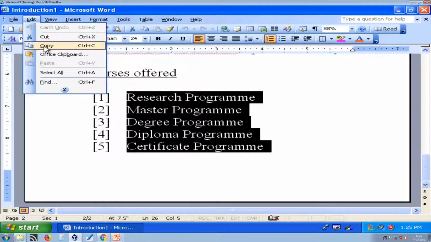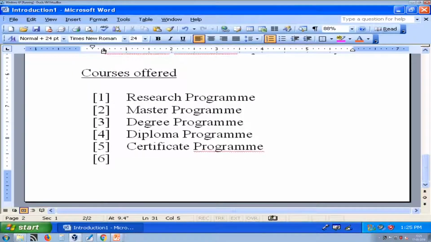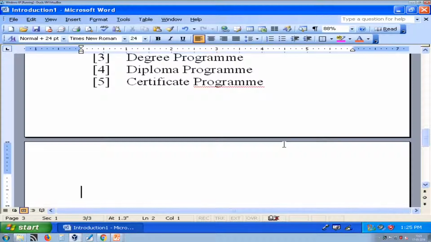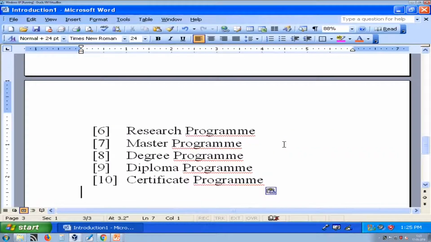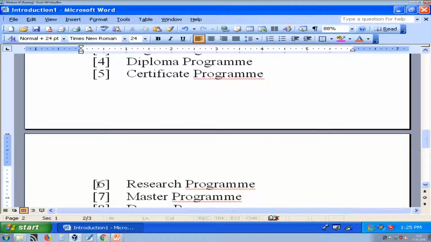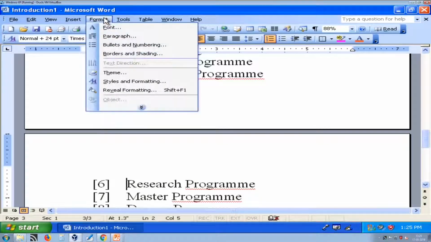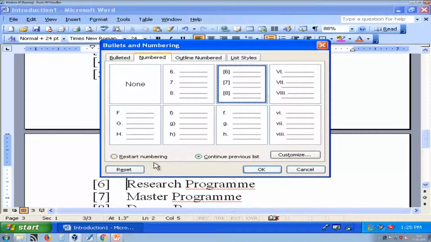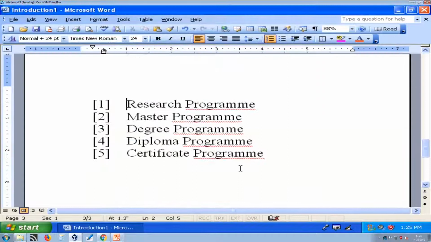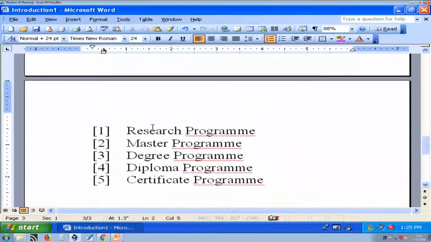So, first select text and then press copy, and wherever you want to paste, just press Ctrl V. You can also reset these numbers from bullets and numbering. So, here I am selecting restart number. It will again start from 1. So, this is how you can also reset numbers. So, this is how we can copy.